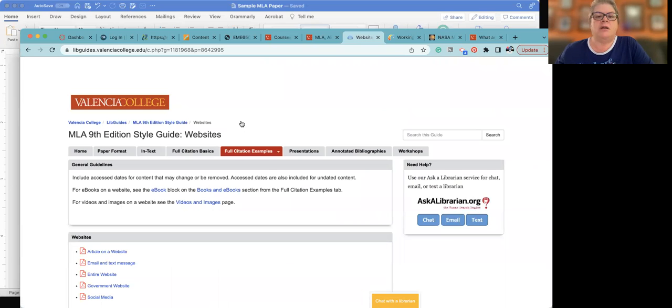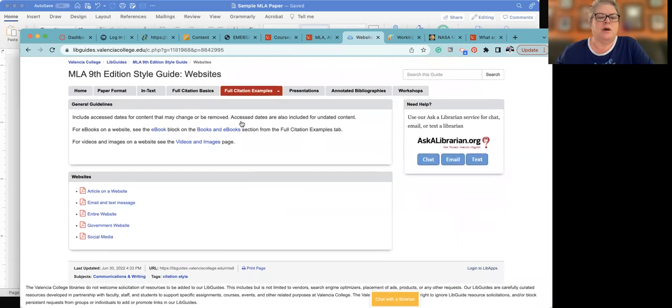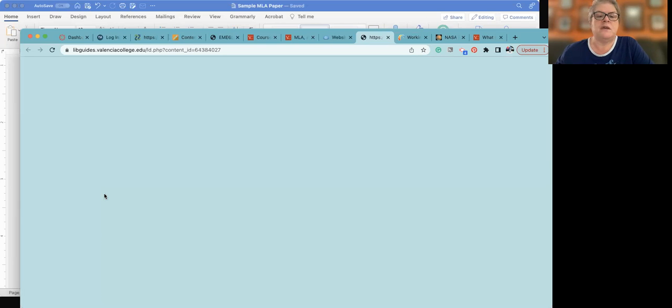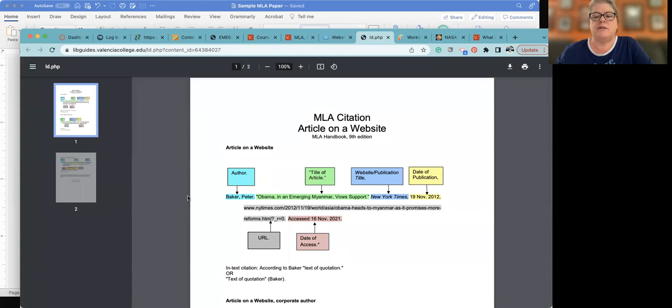The way all guides work is by giving you a sample. And typically when we are looking at a website, it is going to be an article on a website. That is the easiest one and the best one usually to use. So I'm going to click on that, and you notice that just like I did when I showed you the pieces and parts of those previous ones, this is showing us what we need to do and where. And of course, we won't always have all of this information. We may not have an author, and sometimes we may not have a date of publication,